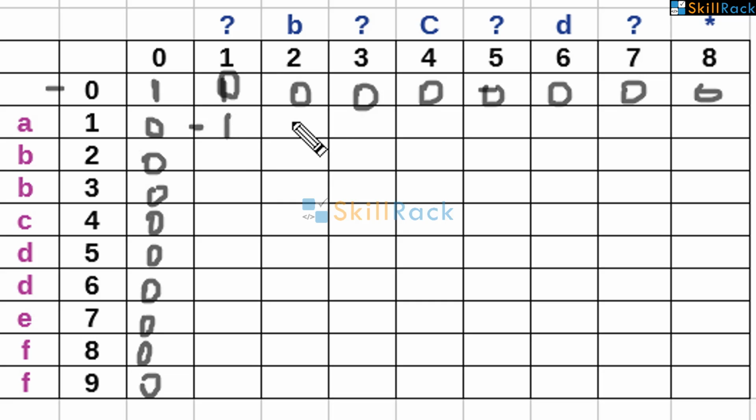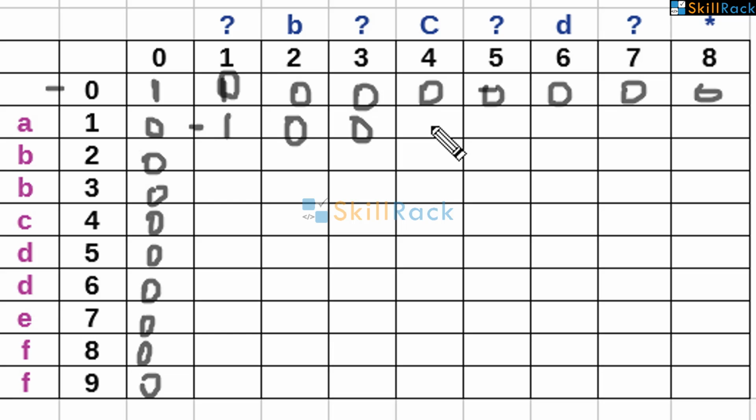Now you come here. In the pattern it is B. Then it must be B here. Okay. But it is A. So have a 0 here. Then here it is a question mark. Right. So any character can be there. So look at the previous top left. It is 0. So here it is not matching. So here also it will not match. Because if it has not matched previously, you are not going to bother about that. It is false only. Because even if one particular location it is not matching, the entire string is invalid.